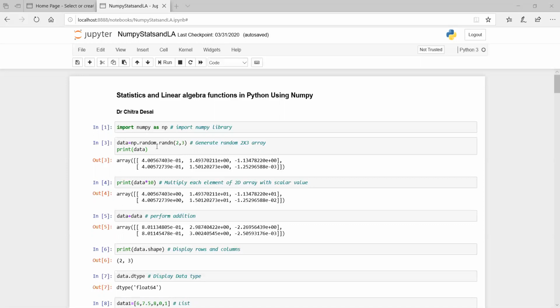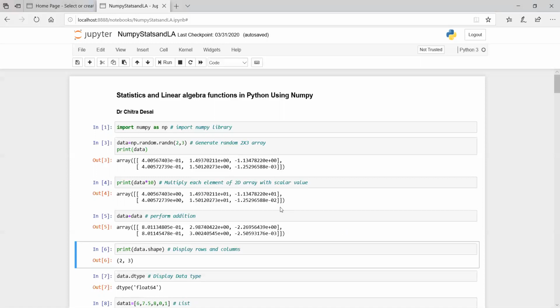So I use the function random.randn(2, 3), which will generate a random 2 by 3 array. When you display this using the print command, the data is generated with sample values. Here in this particular presentation, I have already executed the code so that we can focus on how the commands are written.